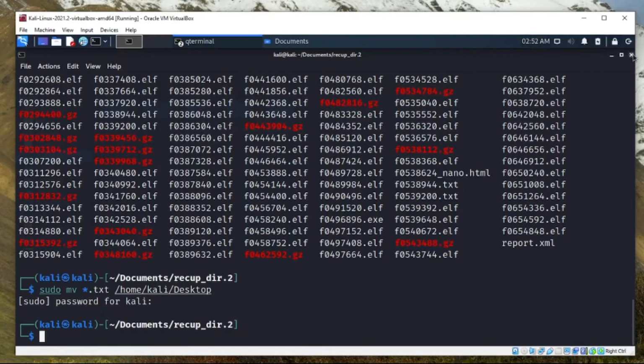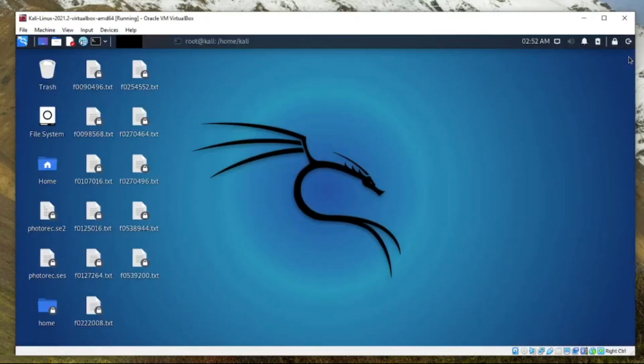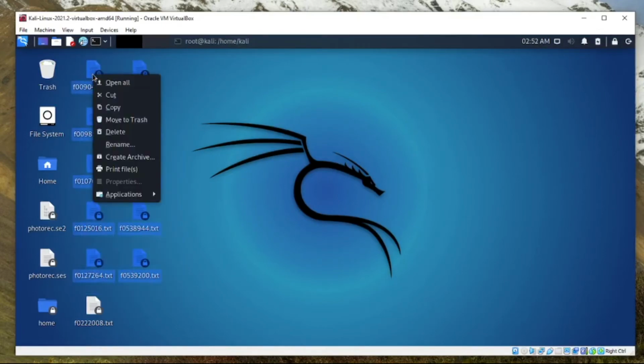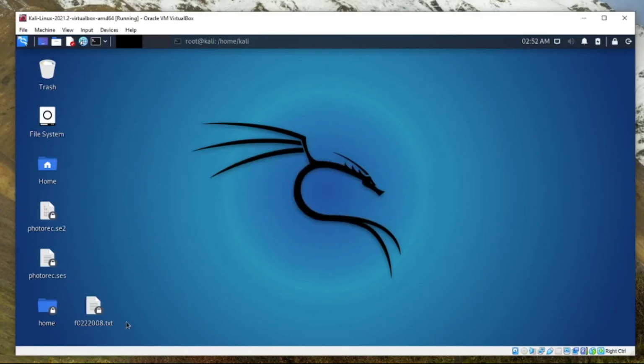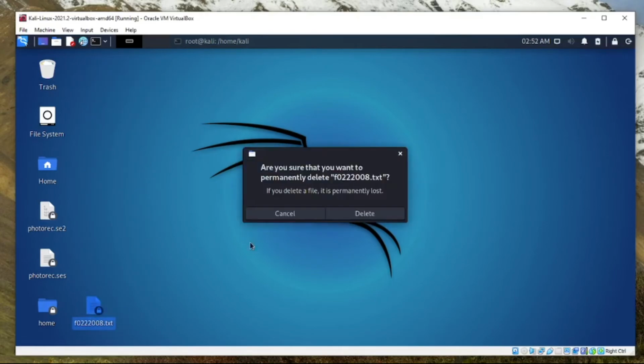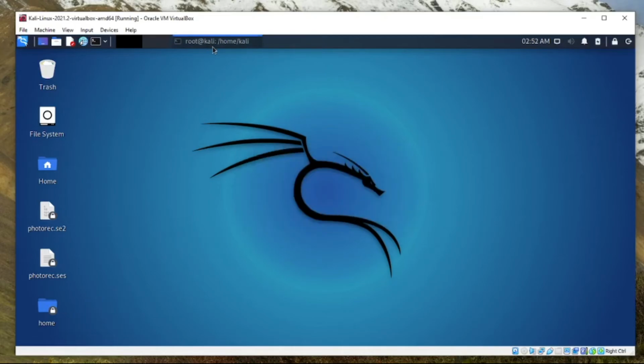Let us see here. You can see that we got these text files. So I'm going to delete them; if I'm unable to delete them, yes, this one also. Fine. So what I'm going to do now,